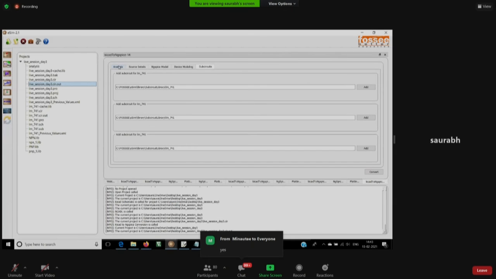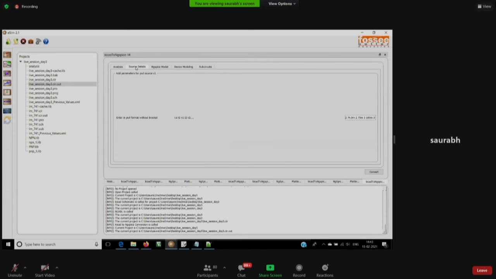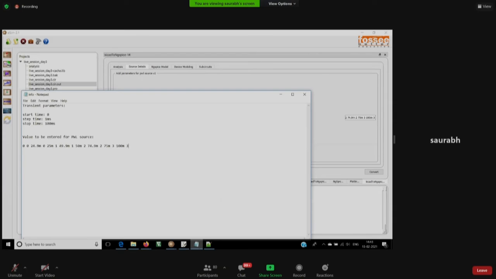In the analysis tab, you have to enter 0 as the start time, 1 millisecond as the step time, and 100 milliseconds as the stop time. In the source details, a PWL value is given. PWL signal is piecewise linear. What this signal does is we are specifying the values as in at 0 seconds, the voltage value is 0.